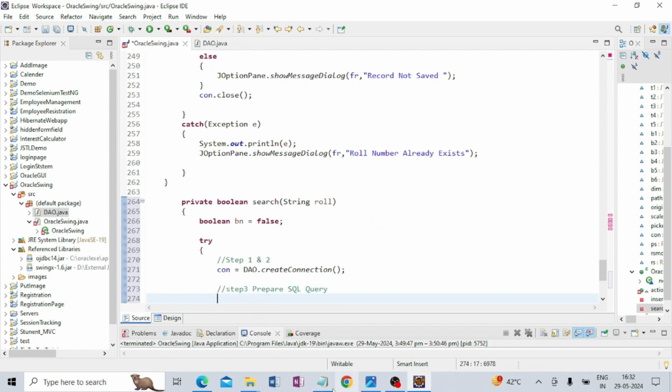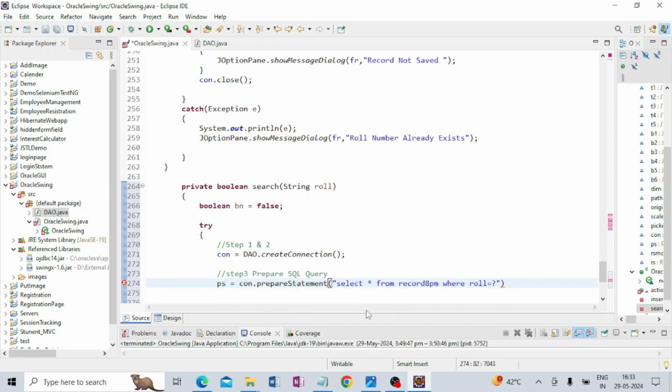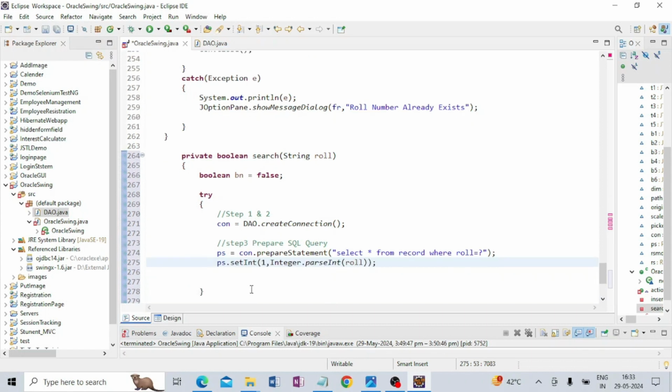For search option I have to write ps is equal to con.prepareStatement, select star from my table name is record where roll number is equal to question mark. Here put a semicolon. Okay, next ps.setInt number 1, Integer.parseInt roll,